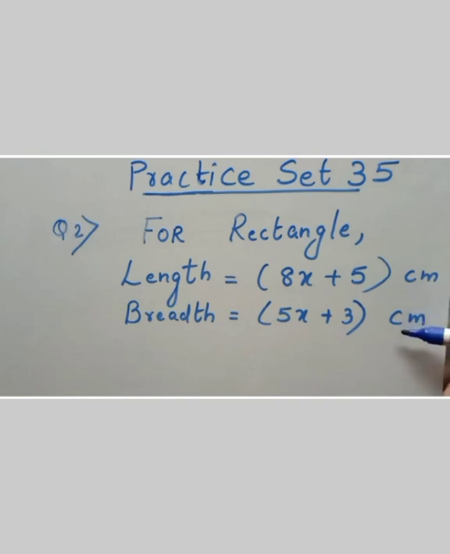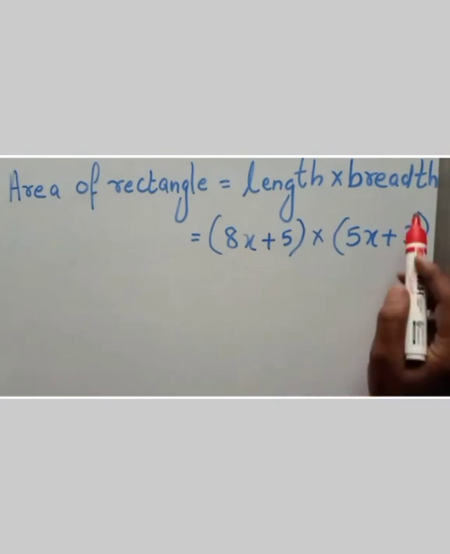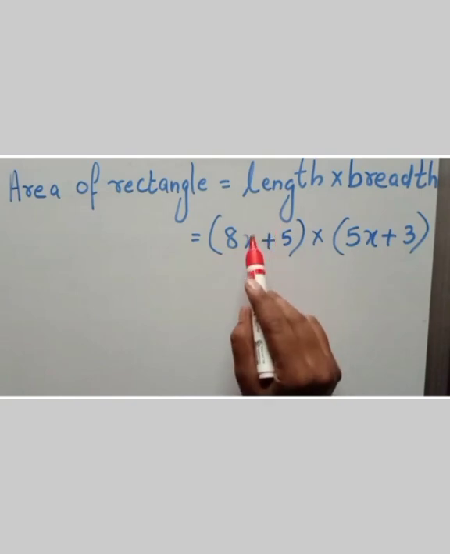If conversion is needed anywhere, you have to convert the units, meter to centimeter or centimeter to meter. Here both the units are the same, centimeter, centimeter, so no need of any conversions here. Is it clear? Now take the formula for area of rectangle. Area of rectangle is length into breadth. Write the formula and substitute the values given in the textbook question.